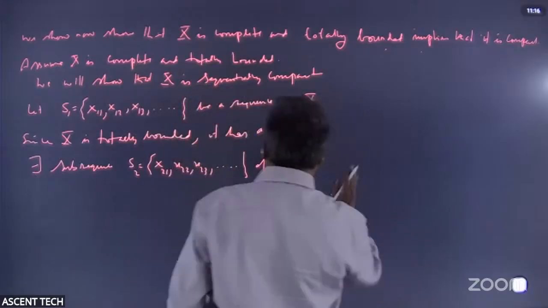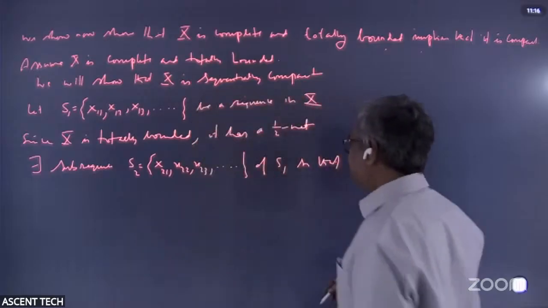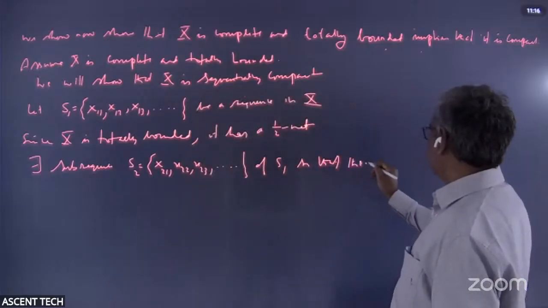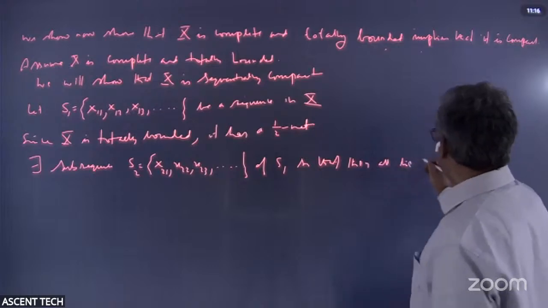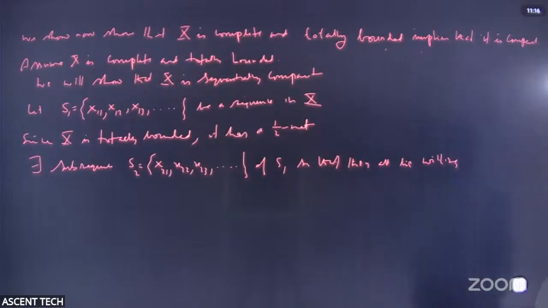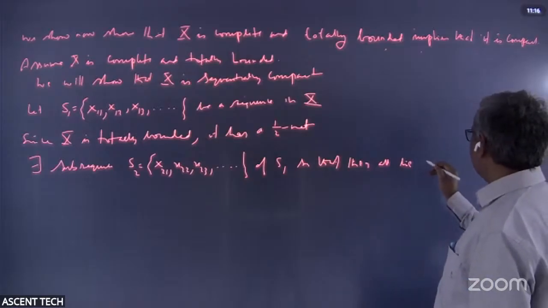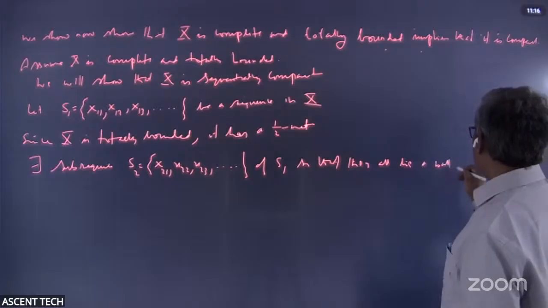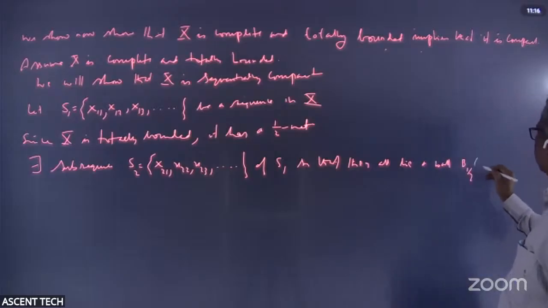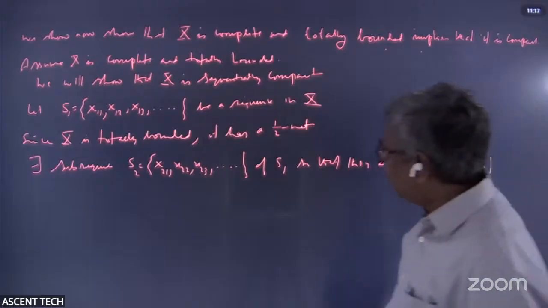Okay, S1, so that they all lie within some half ball, so that they all lie in a ball B half centered at some point. I can call that some X2. Okay,